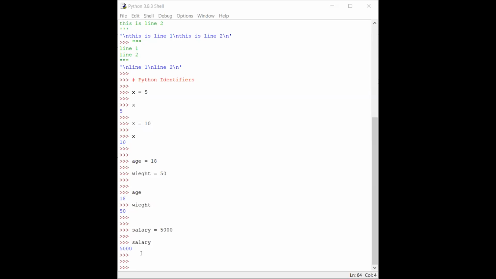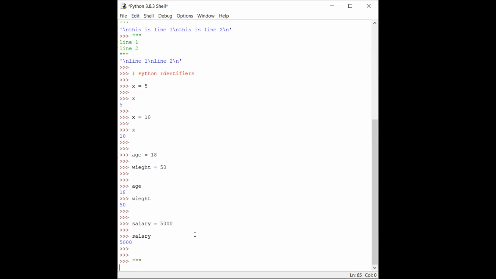Yeah, thank you. So these are identifiers. Now there are rules, right? Now what will an identifier be used for? Let me give you a theoretical definition of an identifier also. Let me write a multiple line comment. A Python identifier is a name used to identify a variable, and not only a variable. Interestingly, whatever we give a name to, like a function, class,